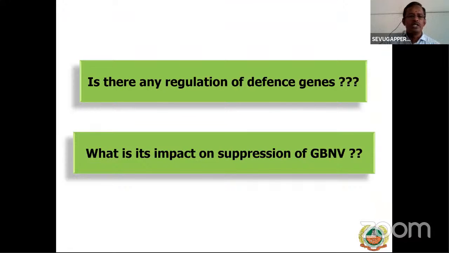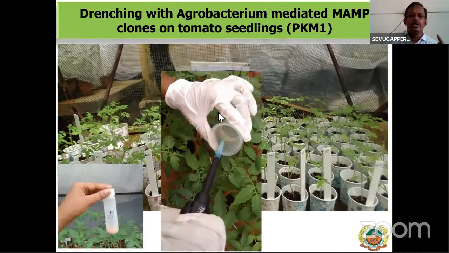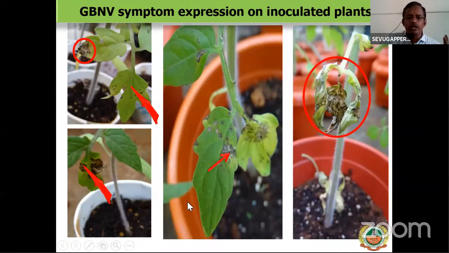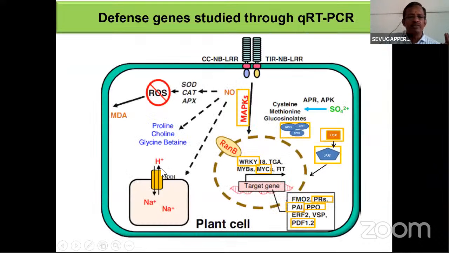If it is so, then the next question that arises is whether there is any regulation of the different genes. What is the impact on suppression of GBNV if these different genes are going to be regulated? For this, agroinfectious clones expressing the genes of elongation factor and flagellin were developed. They were applied through the root drench method, and after the application, we went for assessing the various defense-related genes